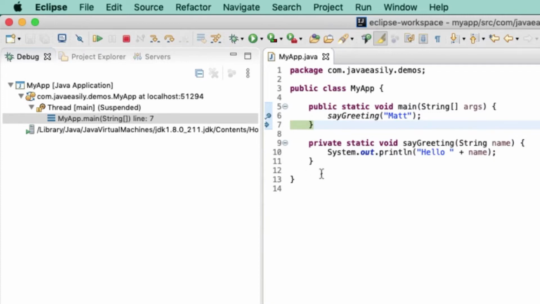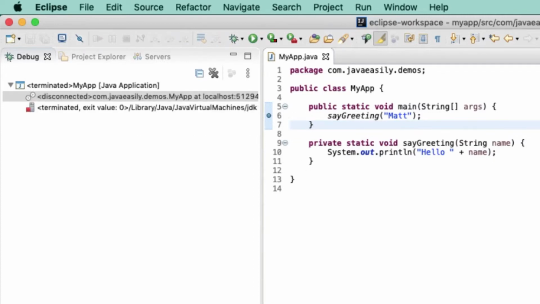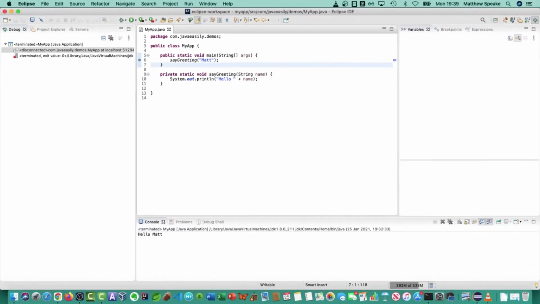So finally if we press F6 to step over, at this point there's no more code to run. The application's finished, terminated, and we've finished what's known as our debug session. You can also do various fun things as well when you're in a debugger. For example, you can change the values of things. You can choose to return from methods early. You can choose to throw exceptions. We haven't seen exceptions, but that's a way of being able to say there's an error in the code. You can do things like that.